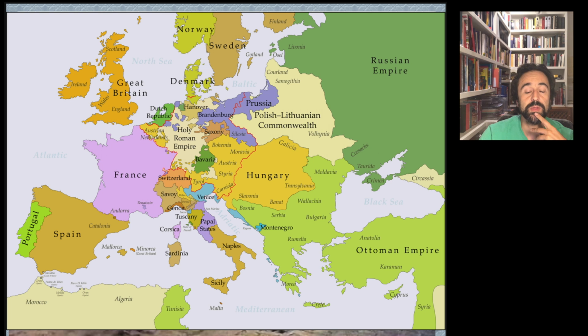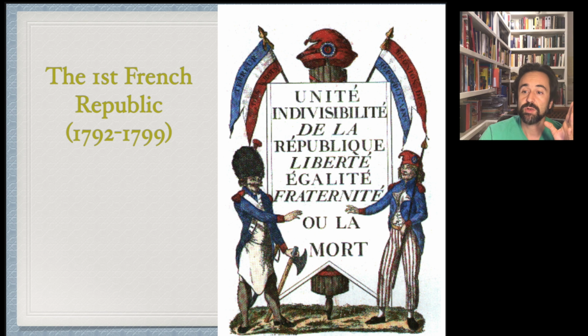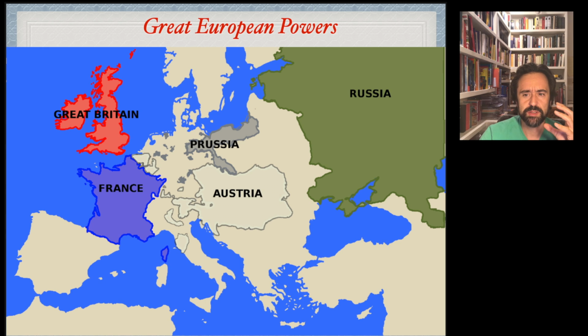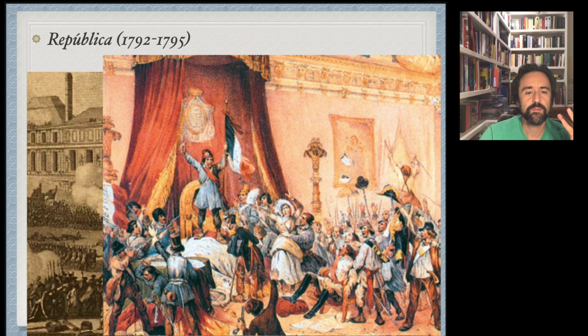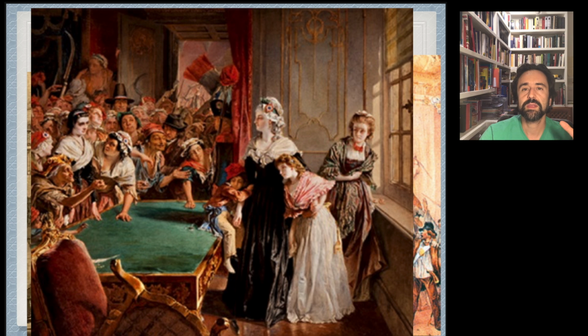So who do you think is at fault? Now we have a constitutional monarchy, and this is going to change. Why? Because these great European powers are fighting against France, and the French citizens lose battles, and they consider it the king's fault. They think the king is guilty because he wants France to be defeated, because if France is defeated, he is restored as an absolute monarch. So people assaulted